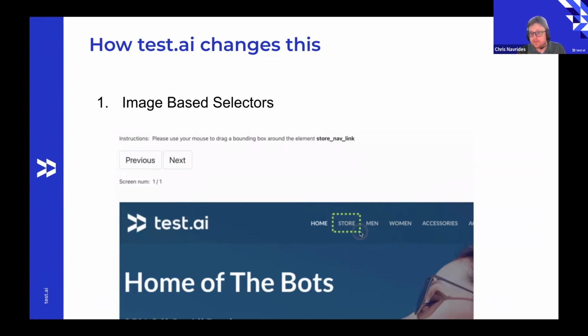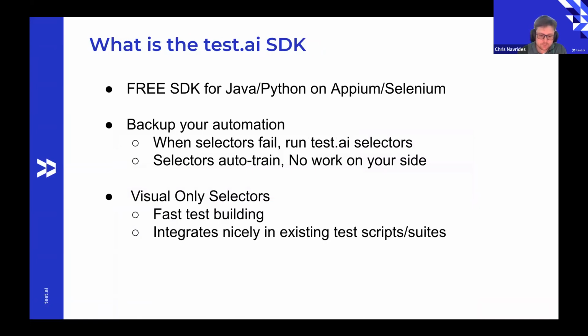It doesn't have to be a bounding box that can have something partially covering it or some other weird oddity of that. And so what we find is, hey, if your end user can still see it and interact with it, your automation should probably be able to execute and do the same. It shouldn't matter that a developer changed a resource ID or something under the hood, and now your automation breaks. That doesn't give a good signal, because ultimately automation is meant to give a signal of the quality of the application.